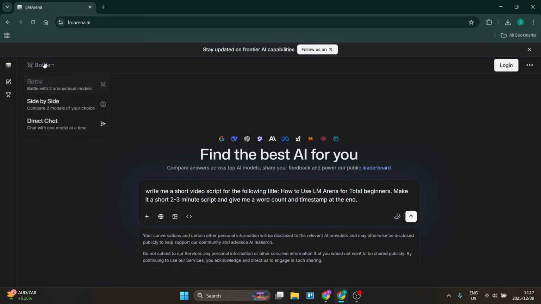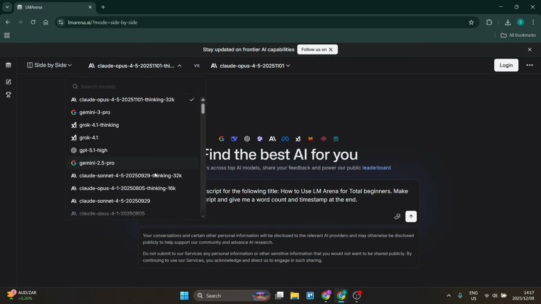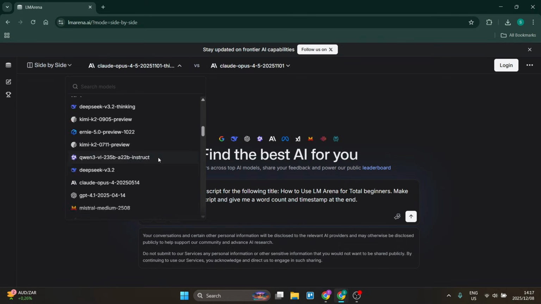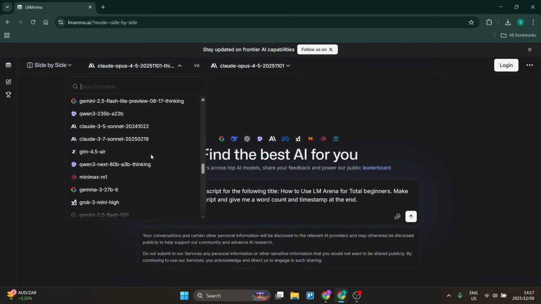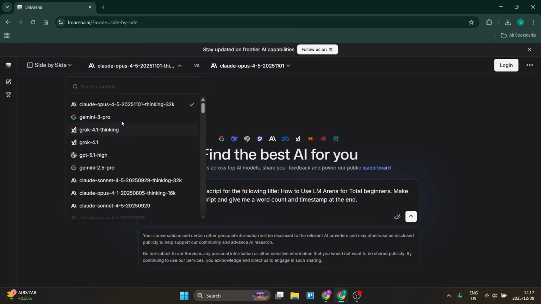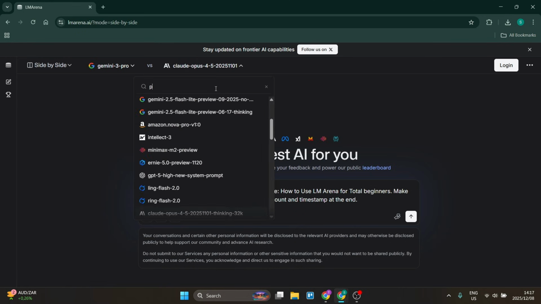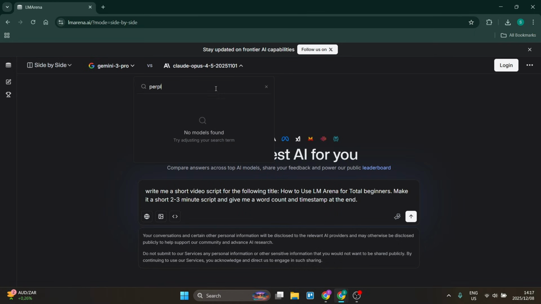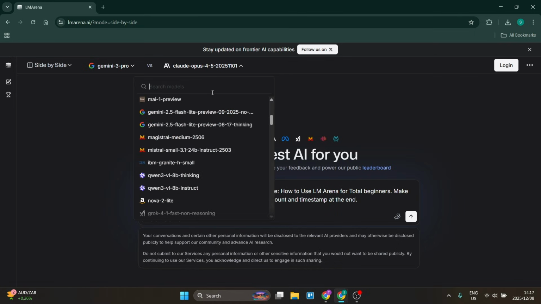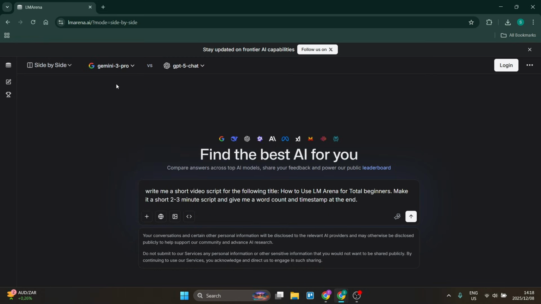If you want to know who created them, you can go ahead and use these side by side, and here you can go down and you can choose who you want to actually use. Okay, so whoever it is that you'd like to use, you can go ahead and choose your model. So let's just choose Gemini 3 Pro for this one, and here we are going to have a look for GPT-5 chat. All right, so these are the two models that we are going to have generate our response,